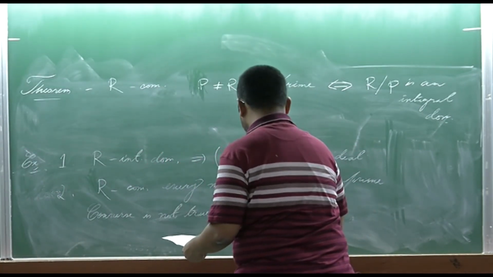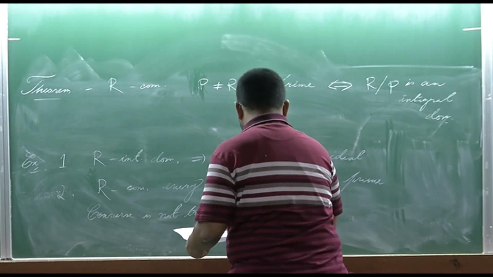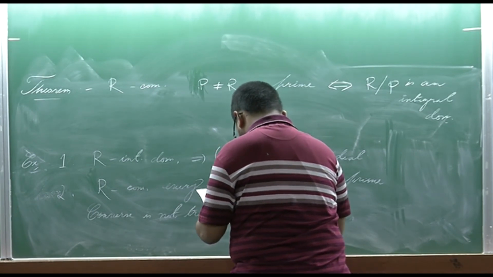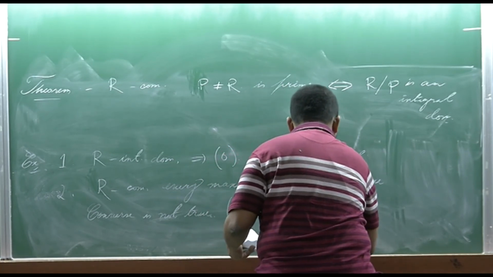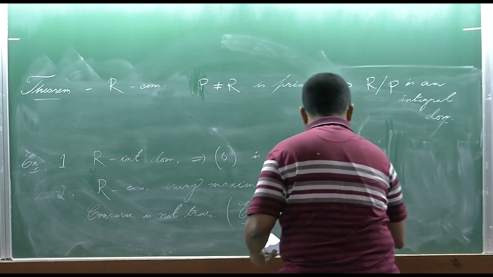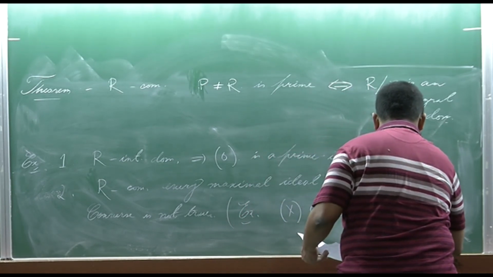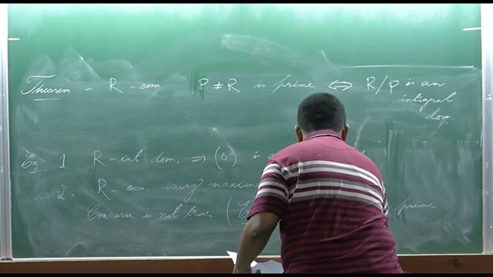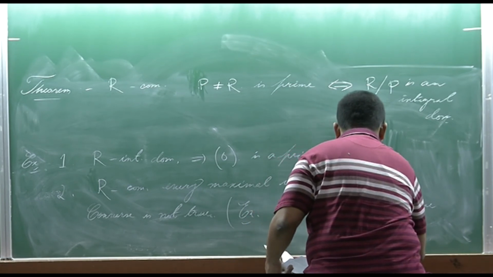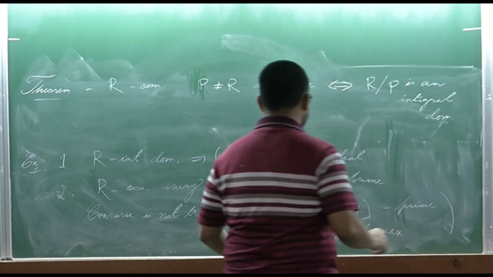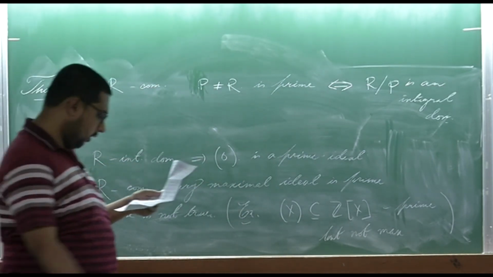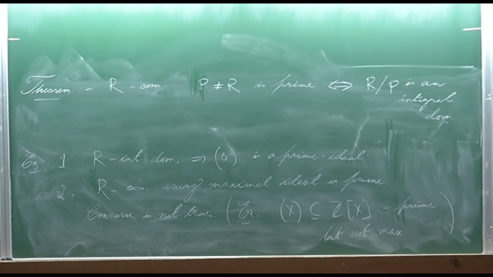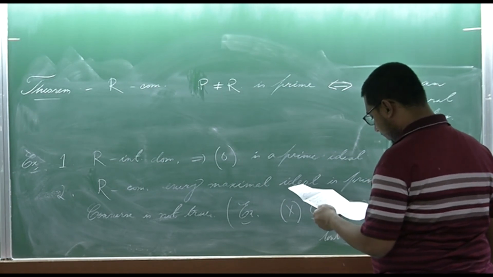And next thing that I am going to, yeah, so another example for this is very simple, that is in this is going to be a prime ideal in Z[x], but not maximal. Okay. Because the quotient is going to be isomorphic to Z, which is not a field. Okay. Not a field, then